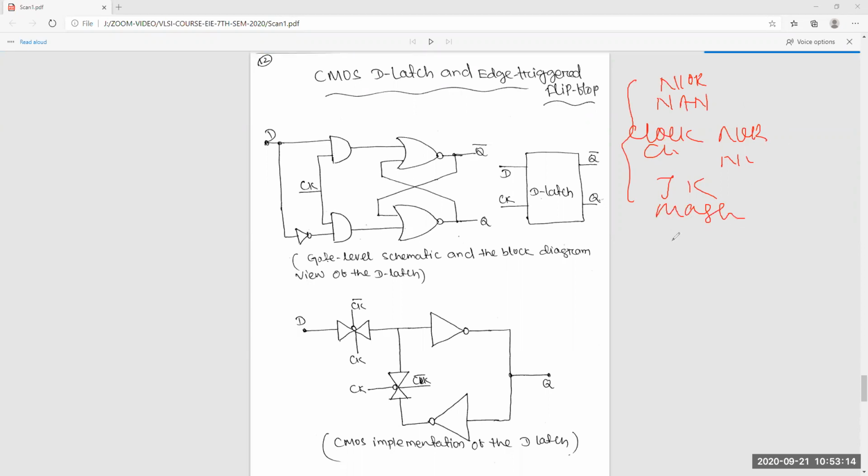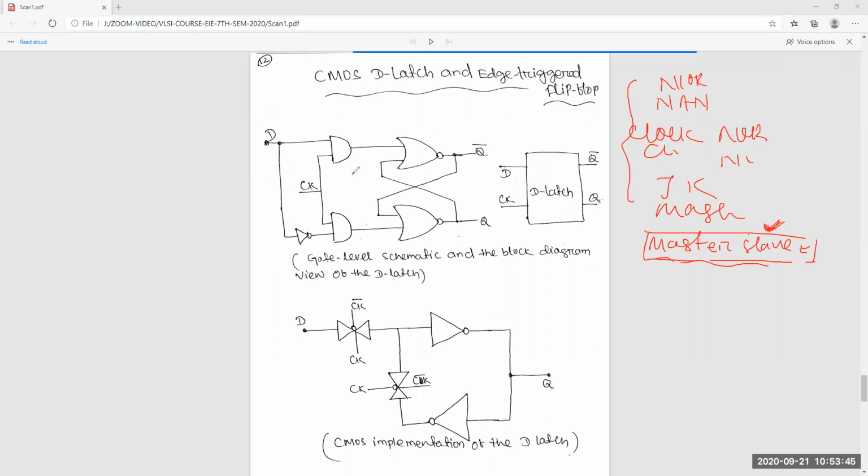The most efficient operation is master slave. We will get its best operation, but the thing is the transistor count. So in this conventional type of master slave latches, the transistor count is very, very high. Okay, so we will not go for this. So this is the actual solution.